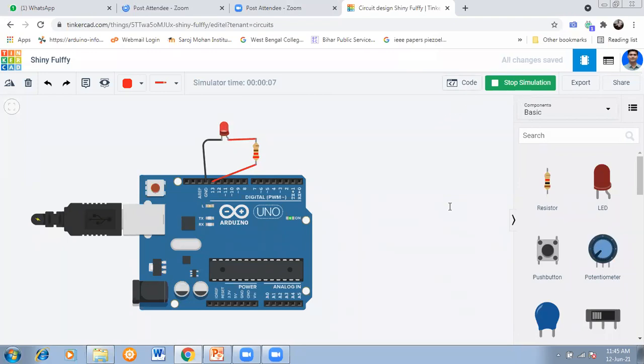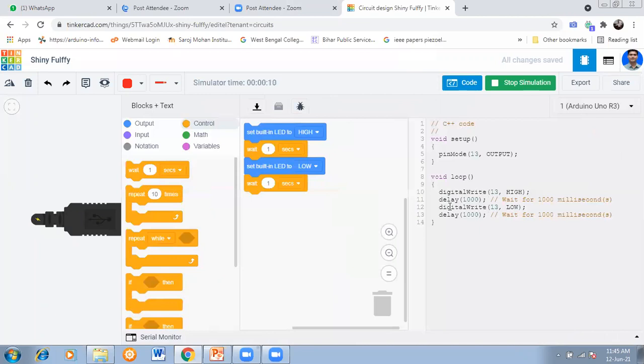Now please tell me if you have any doubt regarding your code. We'll do a few more codes here, then it will be more clear one by one. But still, if you have any doubt, you can ask me the question. Otherwise, we will go for designing of LED blinking.